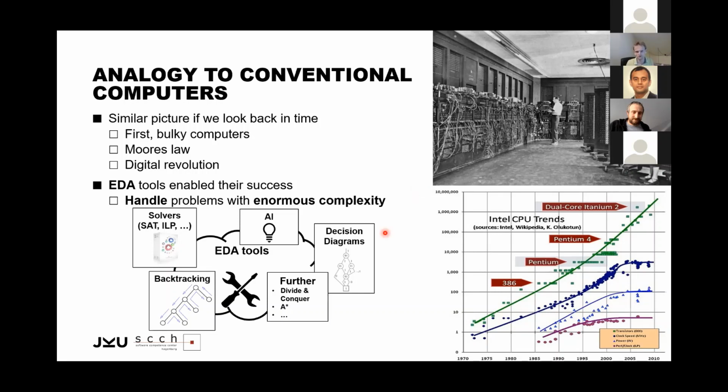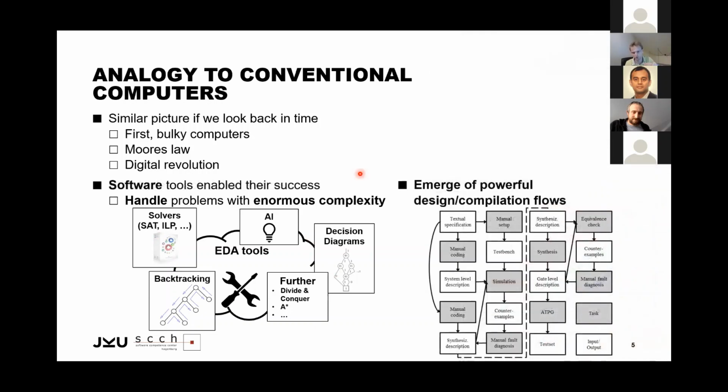And those tools can handle enormous complexity. On top of that, we not only have those tools, but we also came up with very powerful and efficient design or compilation flows, not flaws, but flows. This is exactly what we also need for the quantum realm. I like this analogy a lot, because for many years the physics part of quantum computing was the dominating factor, and it probably still is. But more and more we learn that computer science, design automation, is becoming a really important issue.